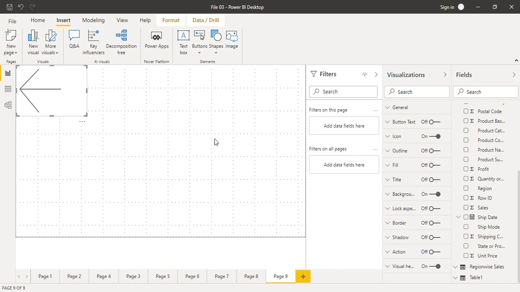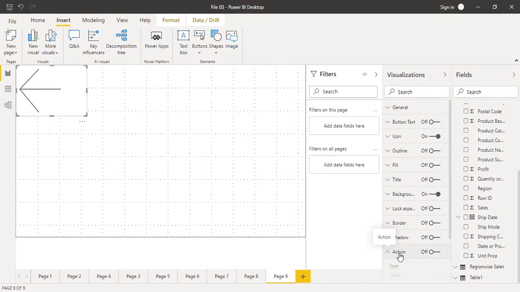Now what we will do is, if we just click on this button, in the visualizations pane we have got something called action. This action is triggered in response to the user click. If the user clicks on this button, or in the case of Power BI, if the user control clicks on this button, then this action is triggered. So what will this button do? It is what we are going to define with the help of this action.